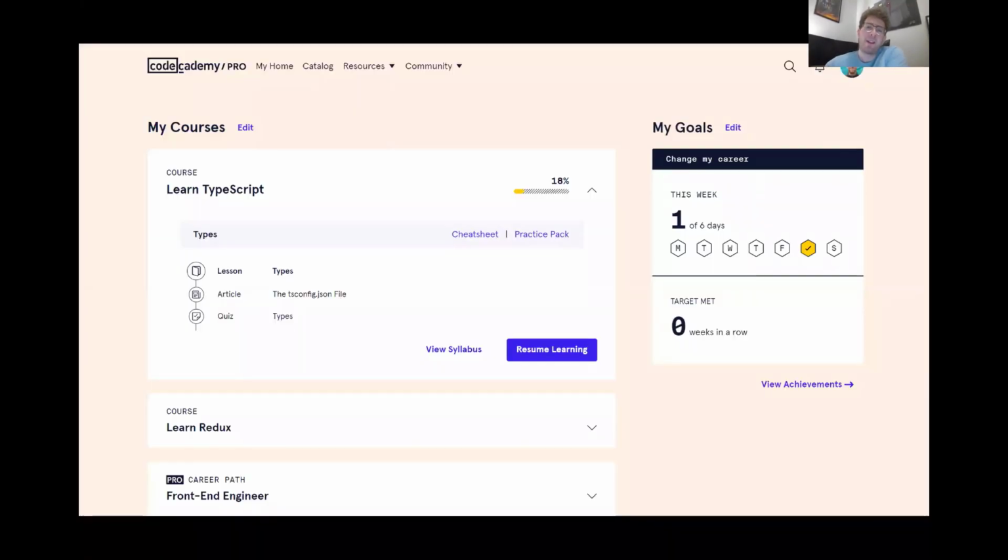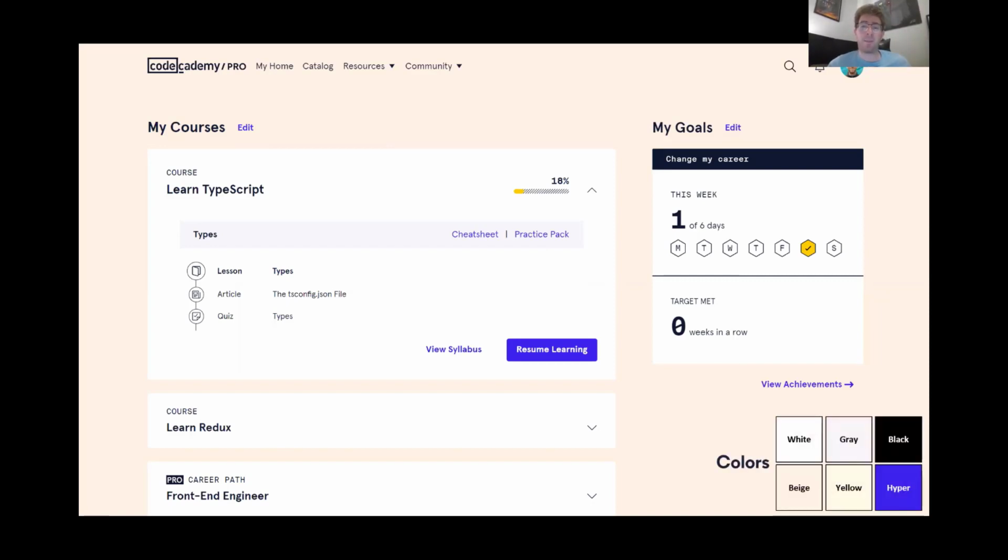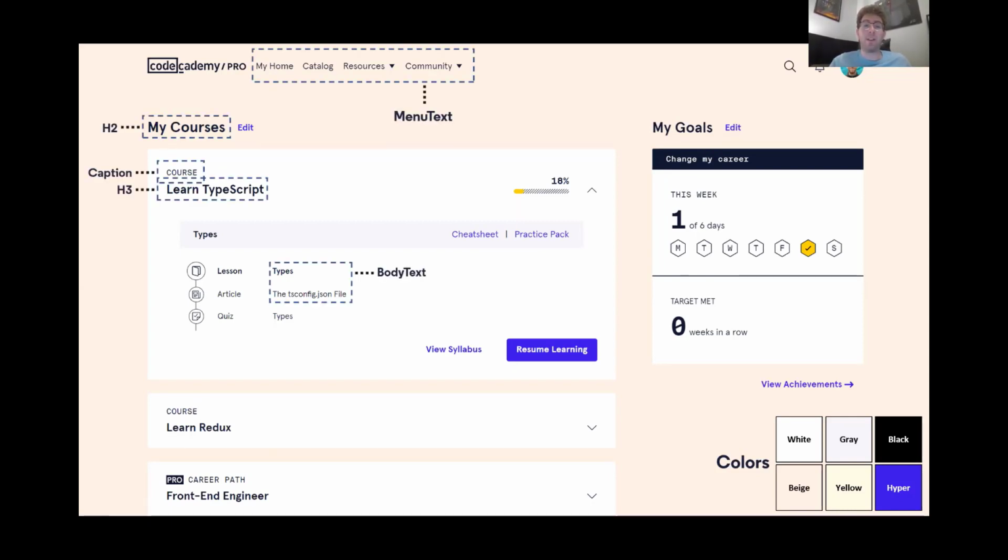Taking a look at a quick example on Codecademy.com, you might see the learner dashboard. The first part of the design system might be the colors. The six most common ones are on the bottom right: white, gray, black, beige, yellow, hyper. Those are repeated across the website and thus are definitely part of the design system. You might also see the typography, for example, the menu text versus the body text.